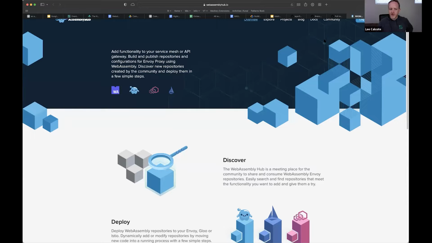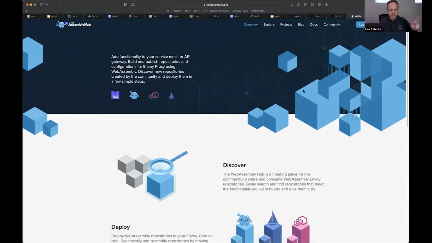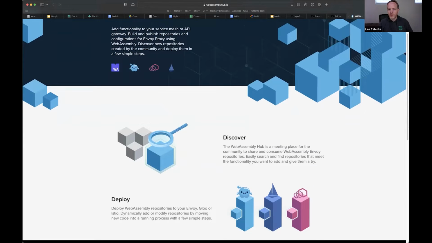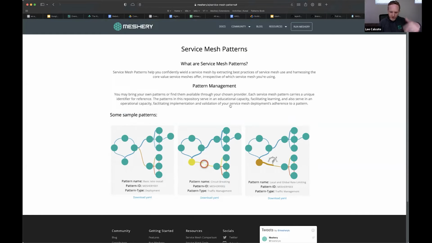But Hardeep, I think, has made a good analogy: here's a way of sharing WebAssembly filters, like a Docker Hub, like there's a way of sharing a service mesh patterns thing. And so, Hardeep, I'm glad you brought this up, because for my part, a next step beyond what I was just describing is, well, geez, if there's a catalog of service mesh patterns, there's a catalog of WebAssembly filters,